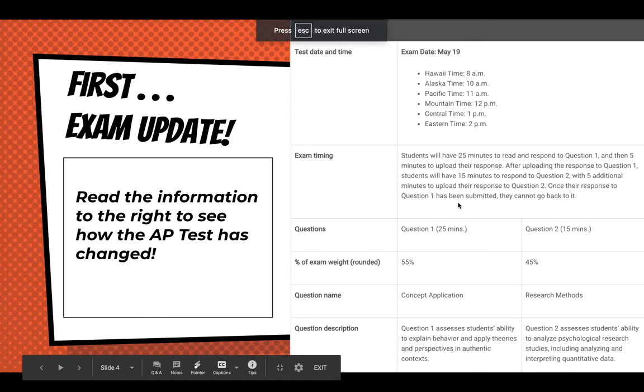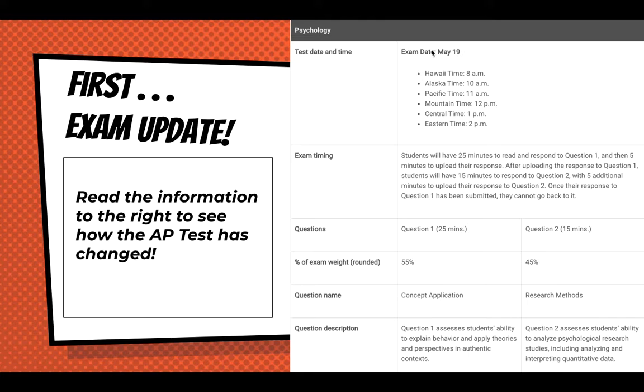Second, a few updates on the actual AP test. Some of you already know this because I've either talked to you or you've reached out, but the AP test will now be on May 19th. It's pushed back about a week. You will have only a fraction of the test. It's only the FRQ questions, basically. You have 2 questions, and you have a little less than an hour, about 50 minutes.